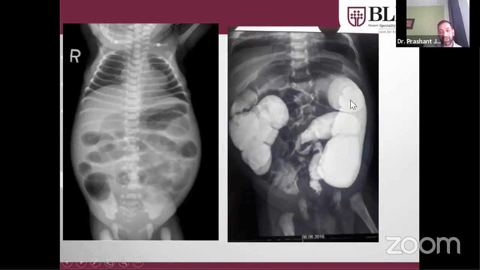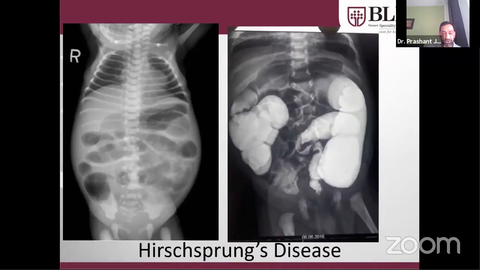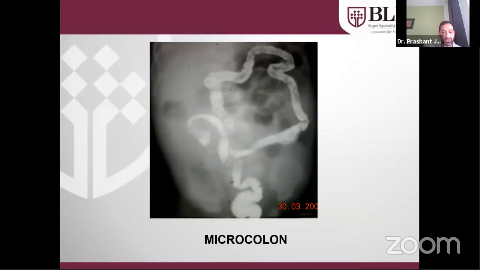This is the proximal, hugely dilated colon, which is ganglionated bowel. This is the transition zone, and then this is the aganglionated bowel, suggestive of very classical Hirschsprung's disease, in which we see an altered ratio of the proximal and the distal bowel. So this is a child with Hirschsprung disease, and you need to do a contrast enema study to confirm the